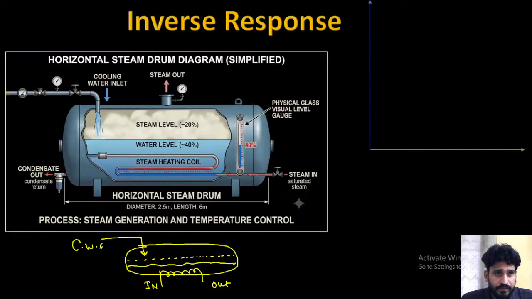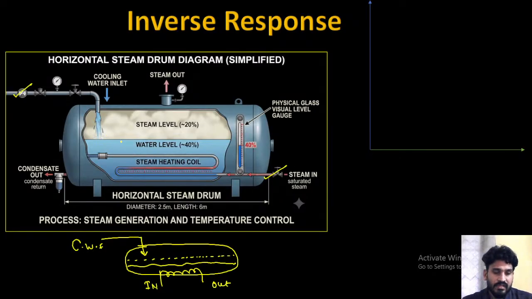Just focus on the two streams: cooling water inlet and my steam. Actually, this is my kind of boiler in which I am generating the steam. For the generation of the steam, two things are required. One is the water and another is the heat, which can convert that cooling water into the steam. Very simple. So this is my cooling water inlet from which my water is coming into the system, and this is the heat which I'm giving to this cooling water, so that this water can be converted into the steam.